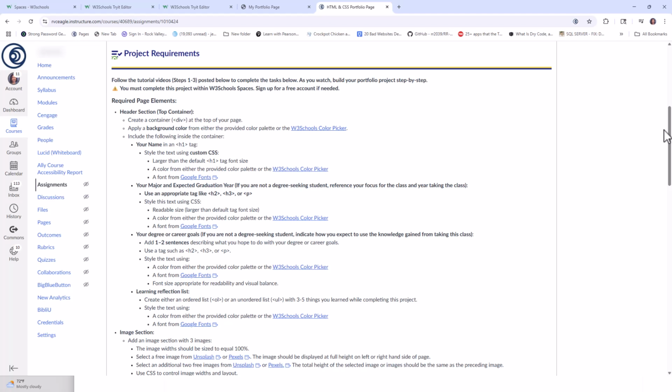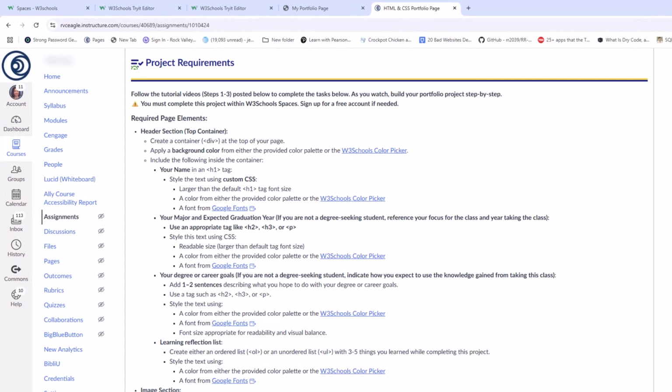In the first part, we have a section that's going to be at the top of our page that's going to have text. We're going to have a section down below that's going to have different images, and we'll be taking a look at that later, but we're just going to be focusing on the content that's going in that beginning section. And this is going to be things where we're going to include our name, major, and year that you anticipate graduating in the top section.